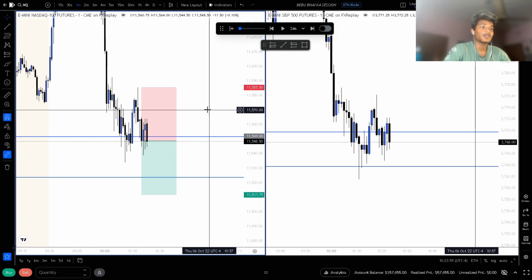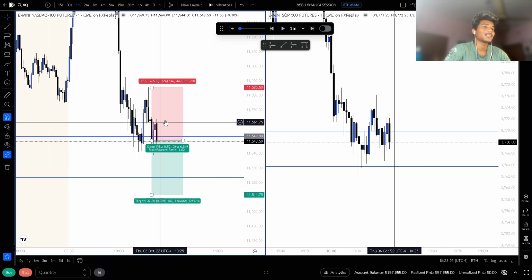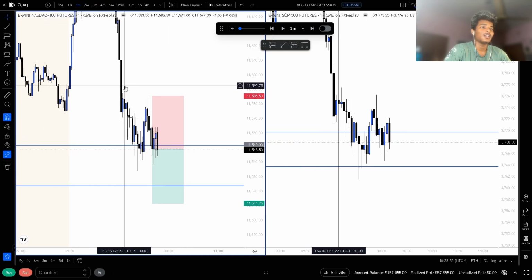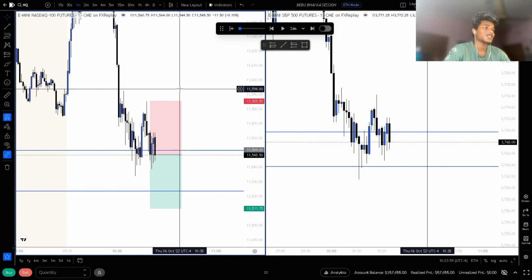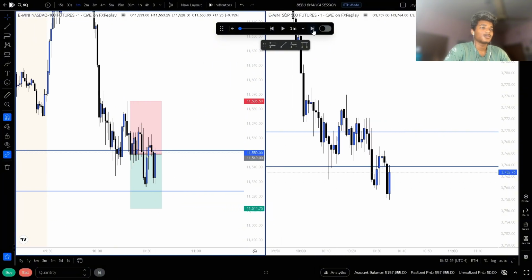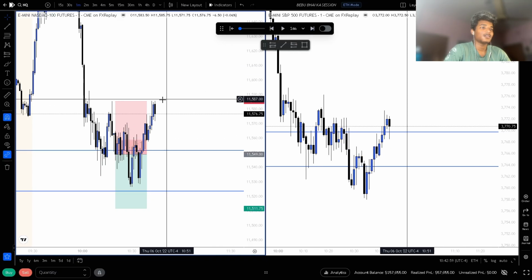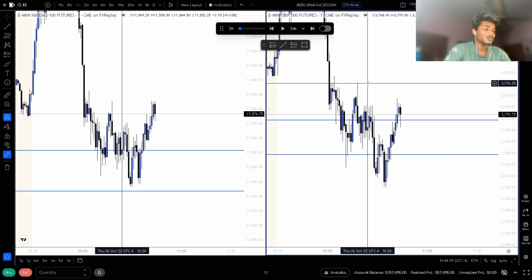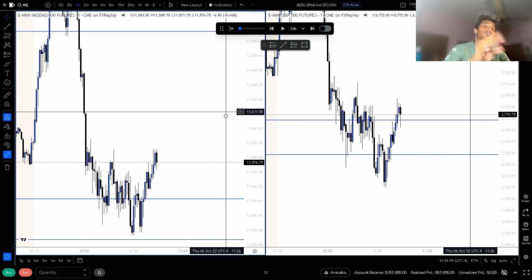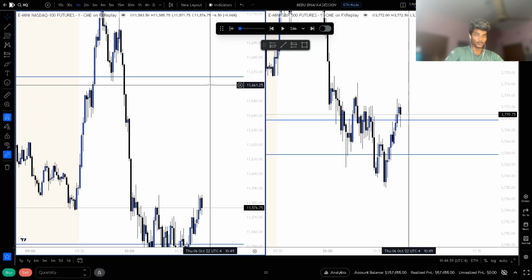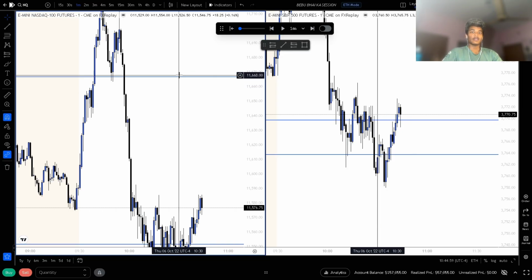I'm not gonna take this because I do feel like the market is just chopping, and this high is at our stop loss, so I will not take that anyways. And this setup ended up being a break even, and then it's 10:44 as well. So I did not get any entries, but PA was nice today, and my draw was also very nice, but I did not get any entries.